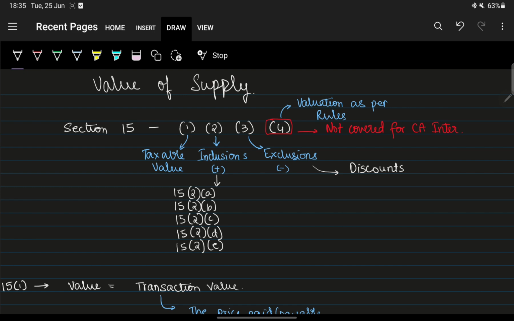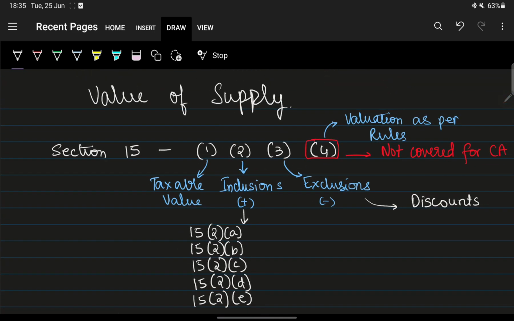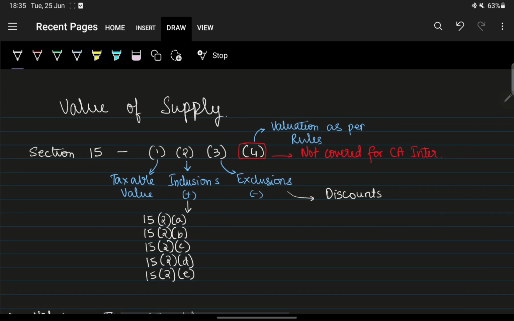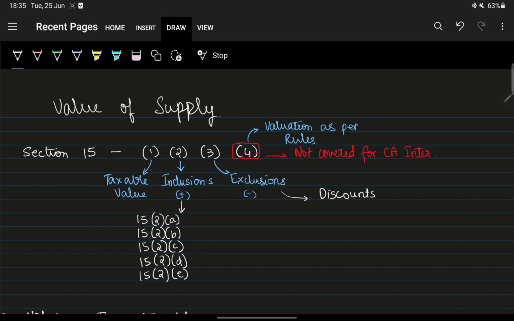So firstly, why is valuation of supply important? In GST, value of supply is very important because it helps us calculate the GST. So here we know the rates. Suppose the rate of some particular item, if this is item A, we know that there is 18% GST. So on what amount do we charge this 18%? This 18% will be charged on the value,